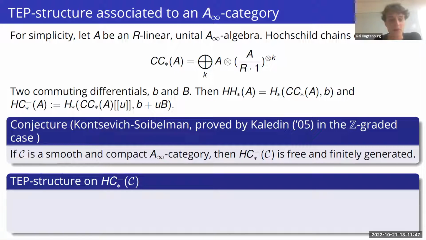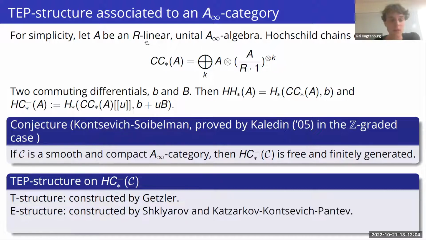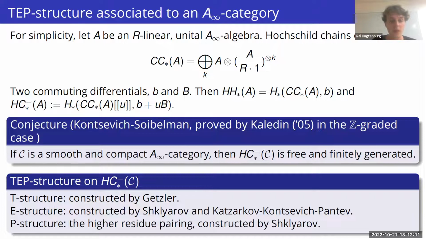And what is a TEP structure? I won't give you precise formulae, but I'll just tell you who has defined it and where you can find it. So there is the T structure, which was constructed by Getzler. This is the connection that goes in the R directions. It's called the Getzler-Gauss-Manin connection. The E structure, so that's the connection in the U direction, was constructed by Shklyarov and Kontsevich-Pantev. And the P structure is also called the higher residue pairing, which was constructed by Shklyarov. And this is some sort of extension of